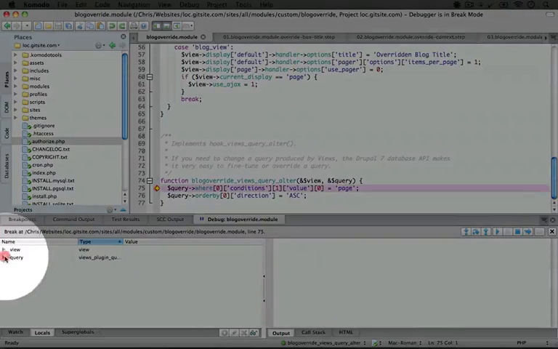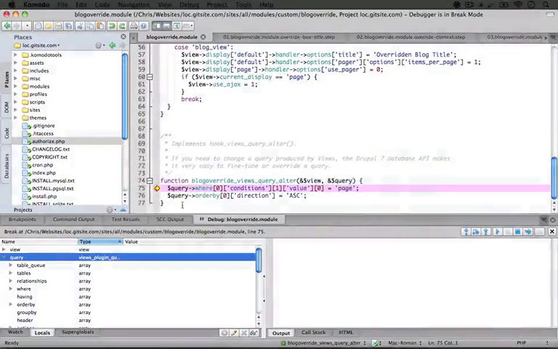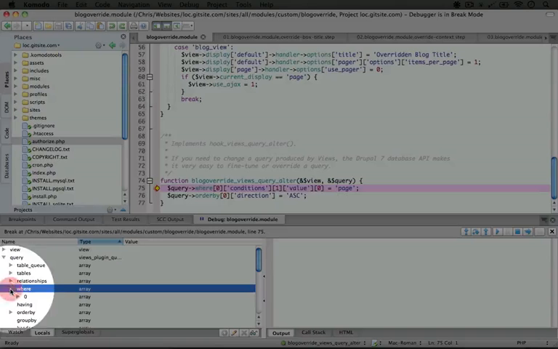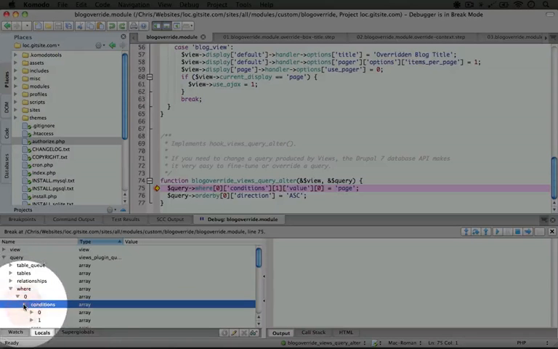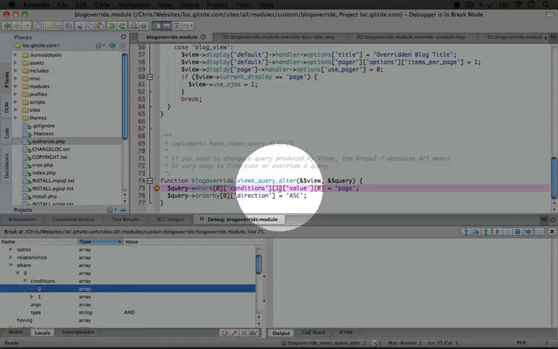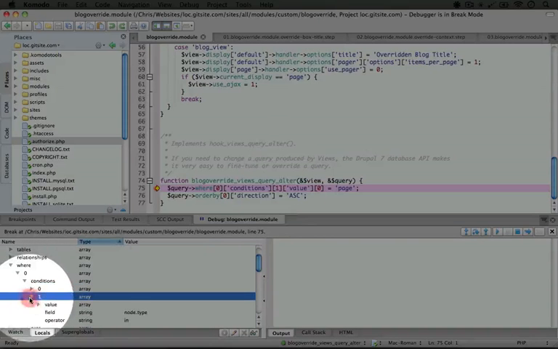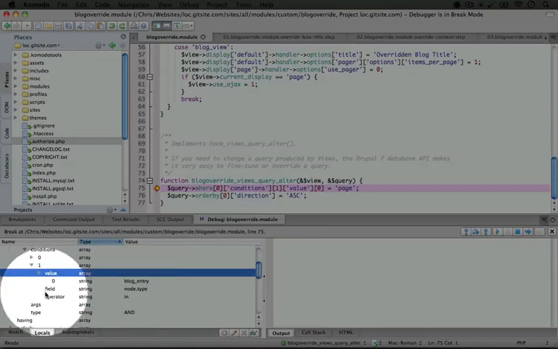So we can take a look at the query here, and let's just look at a couple of these items that we're altering. So we're looking at the where property of the query object. Let's go ahead and expand this. It looks like there's only one item here. Let's open up the conditions. There's a couple of conditions, and we're altering the condition with the key of 1. So let's go ahead and expand that and expand the value here. Okay, so the field is node type, and the value that we're checking against is blog entry, and we're changing